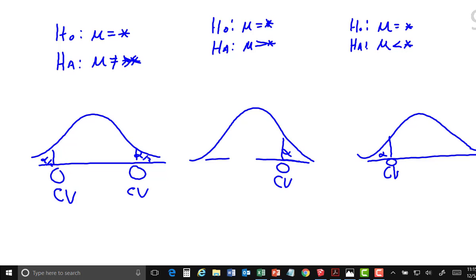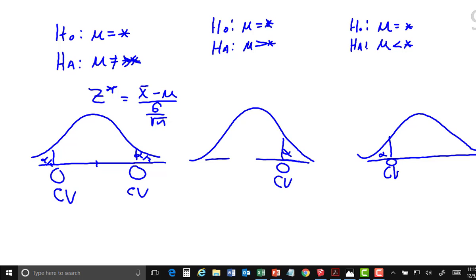Now we come along with our test statistic. When we have a test score, if we assume that it's normally distributed, then we have x bar minus what we hypothesize it to be, divided by, in case we have sigma, sigma times the square root of n. Now, if that statistic lands right in this area here, I'll use a green color,